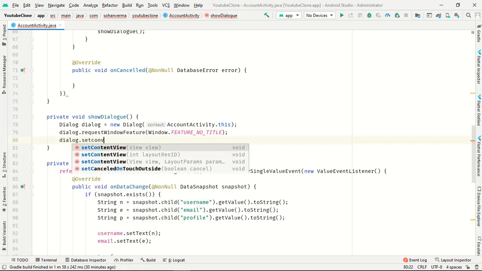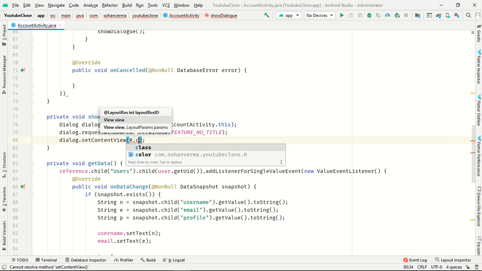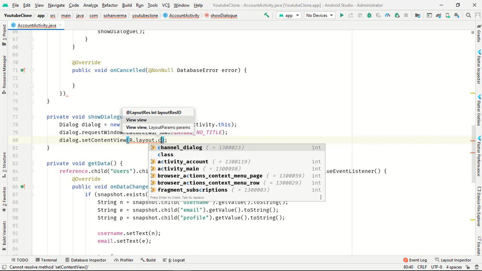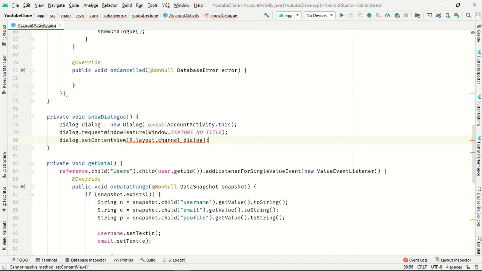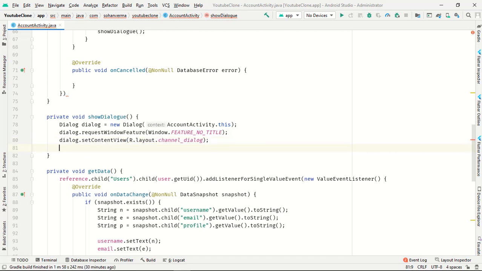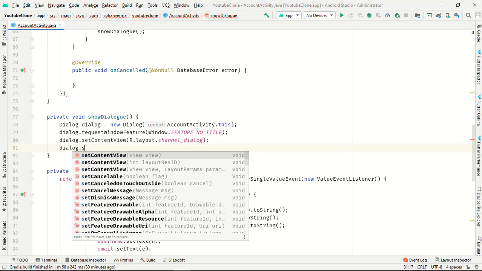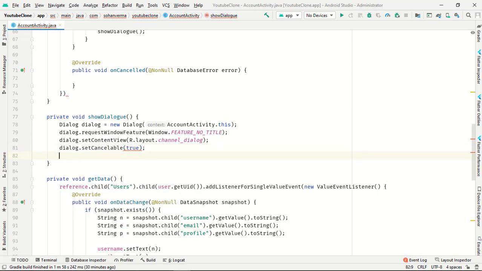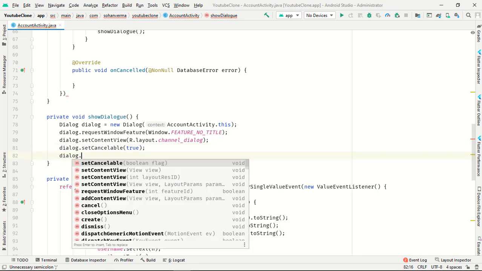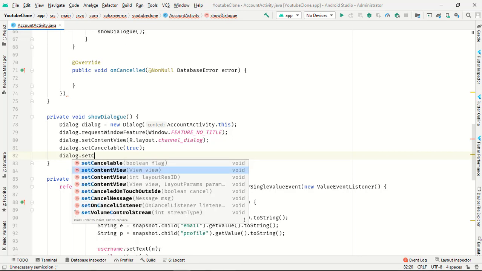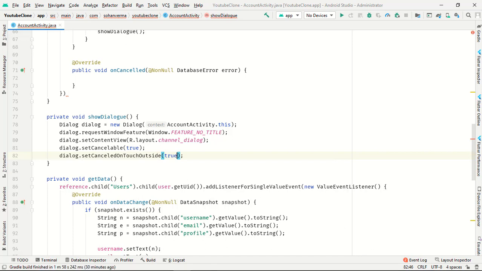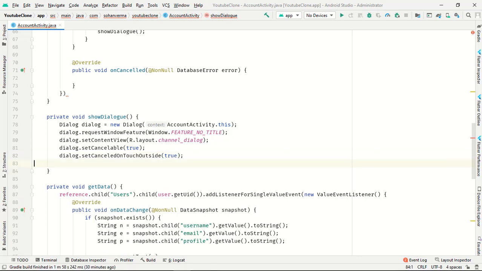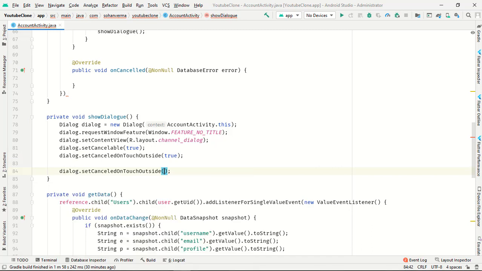Dialog dot set content view, it will give our channel dialog. Set cancelable true, so we can cancel our dialog. Dialog dot set canceled on touch outside true. If we touch outside the dialog, it will cancel our dialog.